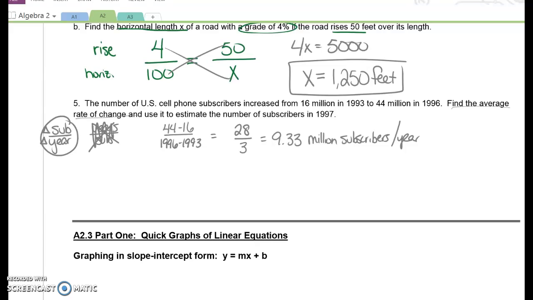Second, estimate the number of subscribers in 1997. Well, in 1996, we had 44 million subscribers. We are increasing by 9.33 million